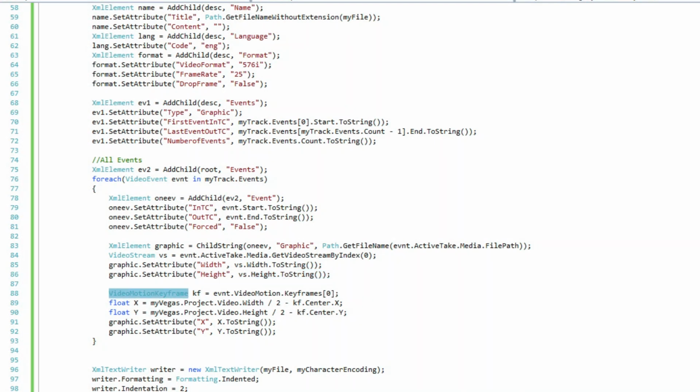Now I need to look at the actual keyframe in order to get the positioning information. So my keyframe is event.videomotion.keyframe, and I want the first keyframe because these events only have one. Then I'm going to get my float called x equals myvegas.project.video.width, so the width of the actual project divided by 2, minus the keyframe.center.x. This actually tells me how far off I had to move this event, so that's the positioning information that I